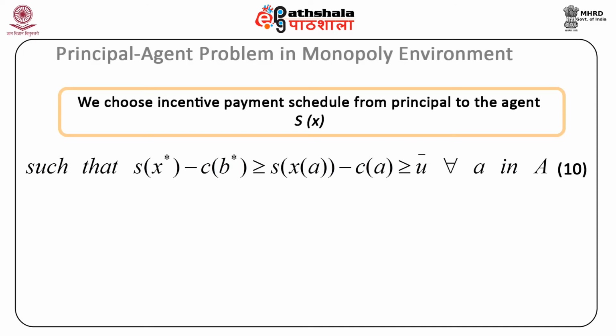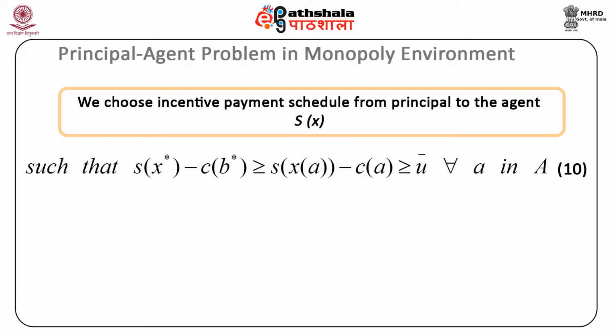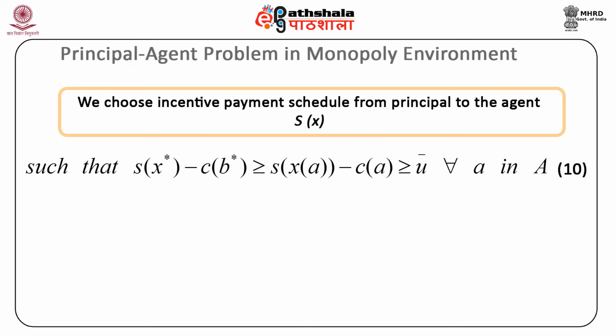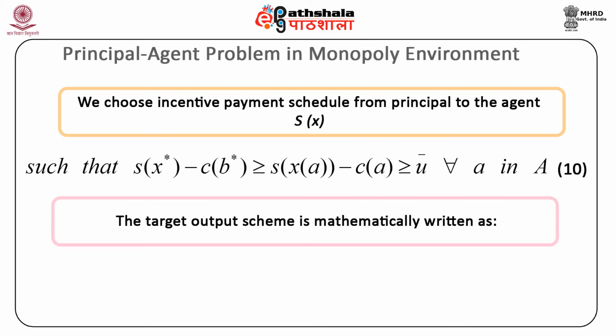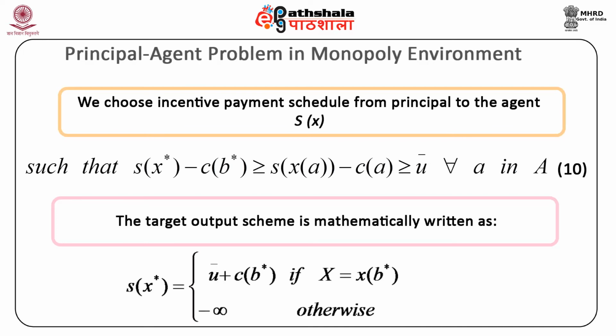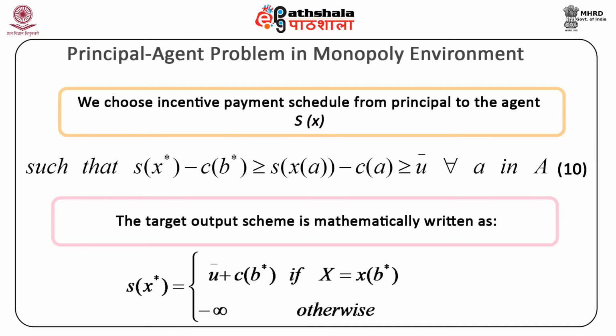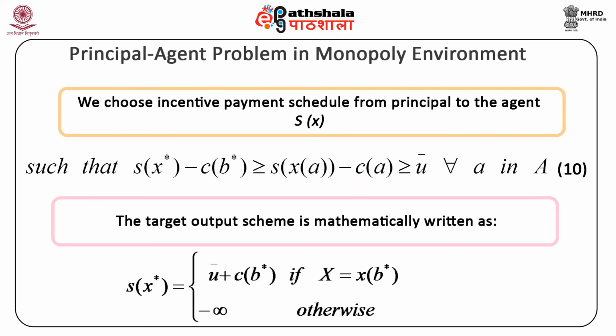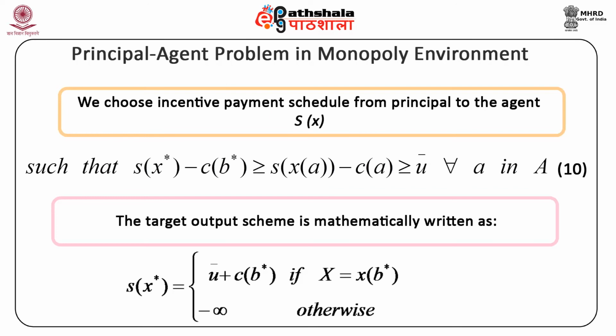This is condition 10. For instance, let us set a target output scheme where the target is given to the agent to achieve the output, failing which he won't receive his reservation price, but rather will receive a severe punishment. The target output scheme is mathematically written as S(x star) equals either U bar plus C(B star) if capital X equals X(B star), or minus infinity otherwise. This is